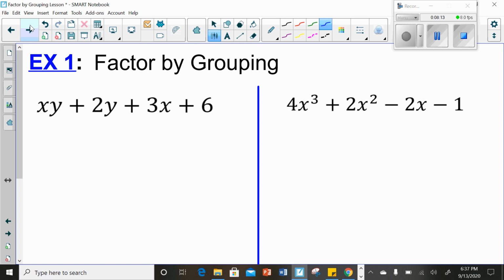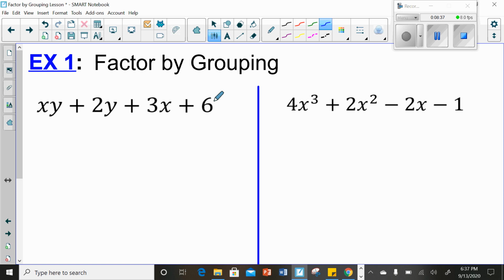So I'm going to go ahead and go through this left example with you first, and then let you do this second example here on your own. So following the rules, we're going to look for a GCF. So as you can see, we've got 1, 2, 3, and 6. Those numbers do not have a common divisor, therefore they have nothing in common. And they don't all have an x, and they don't all have a y, so there is no greatest common